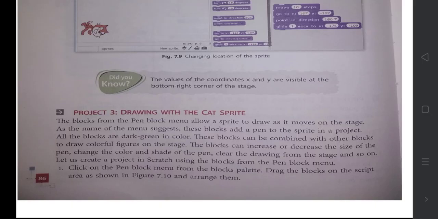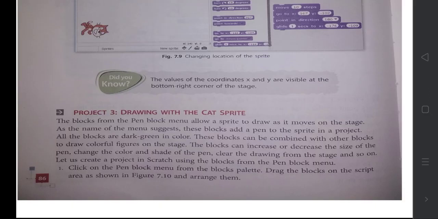All the blocks are dark green in color. These blocks can be combined with other blocks to draw colorful figures on the stage. The blocks can increase or decrease the size of the pen, change the color and shade of the pen, clear the drawing from the stage, and so on.